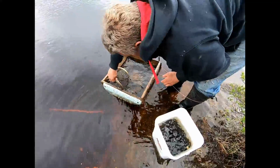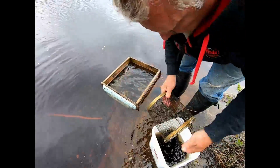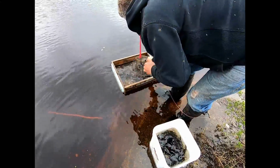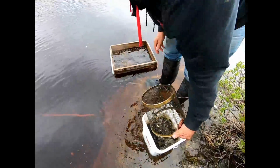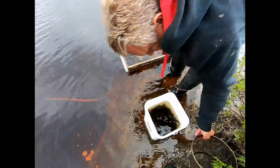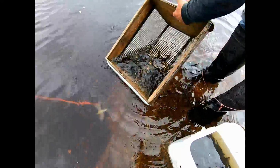when you do it in this style, you're working at selling them by the gallon, not by the dozen. So different size minnows will have different amounts of dozens in them. The smaller, of course, the more dozen minnows. But in this case,